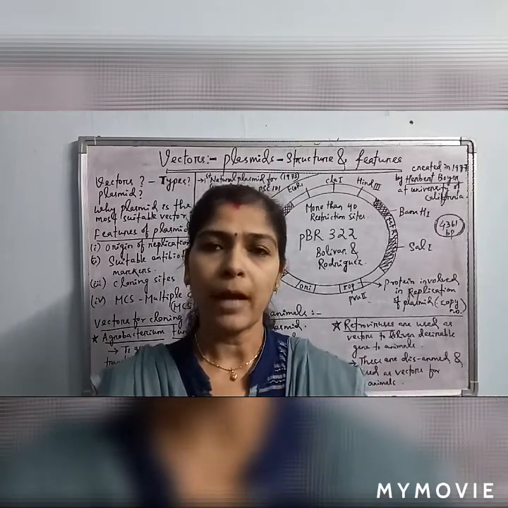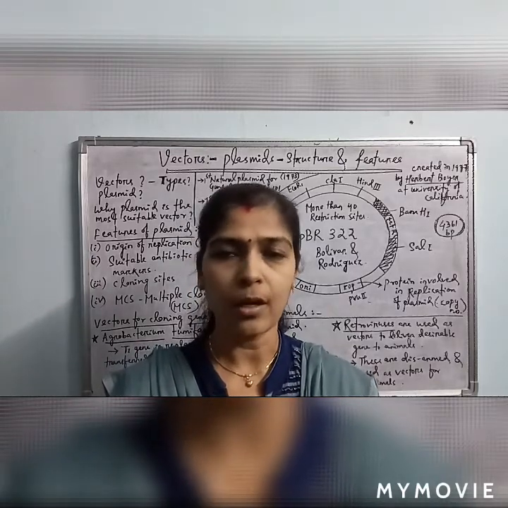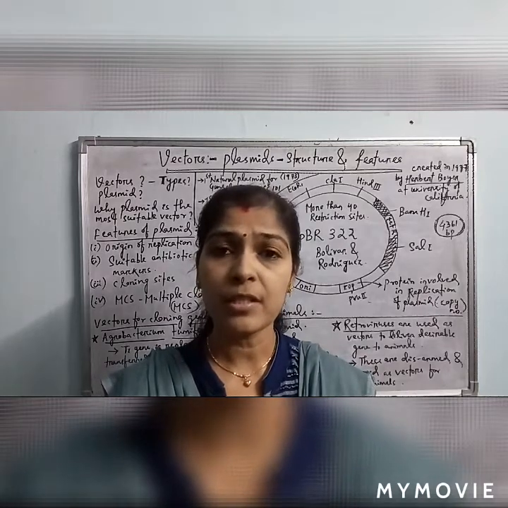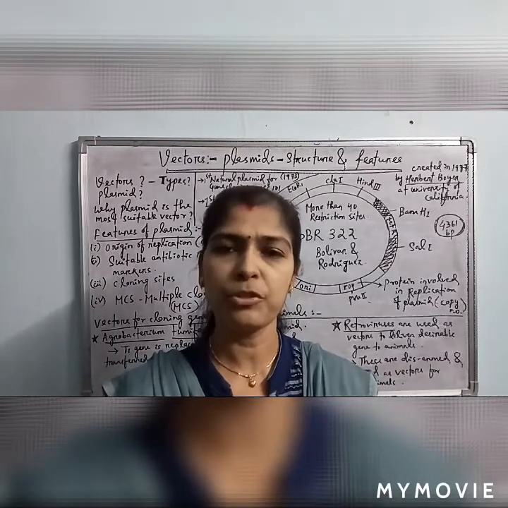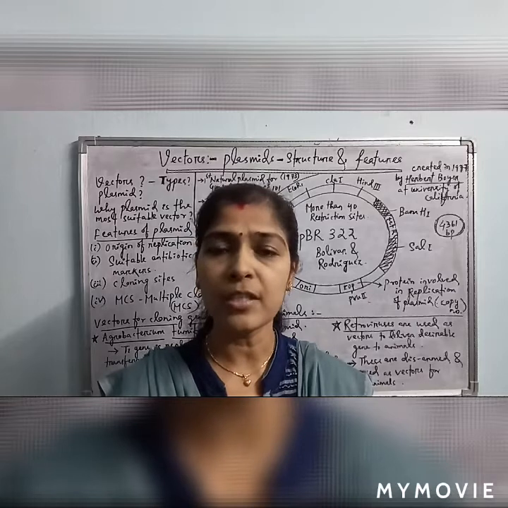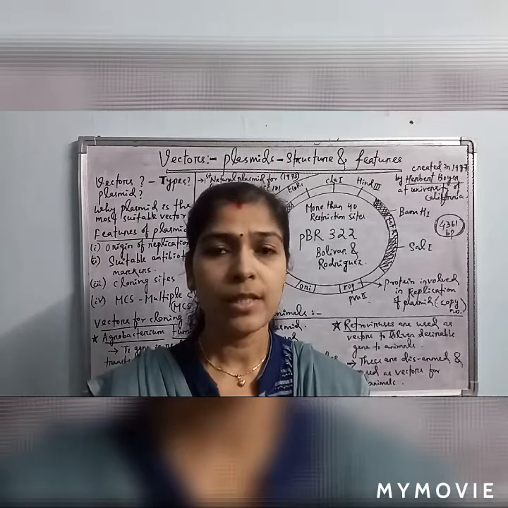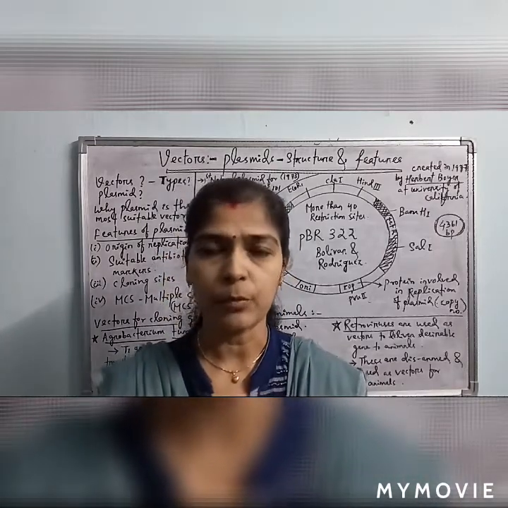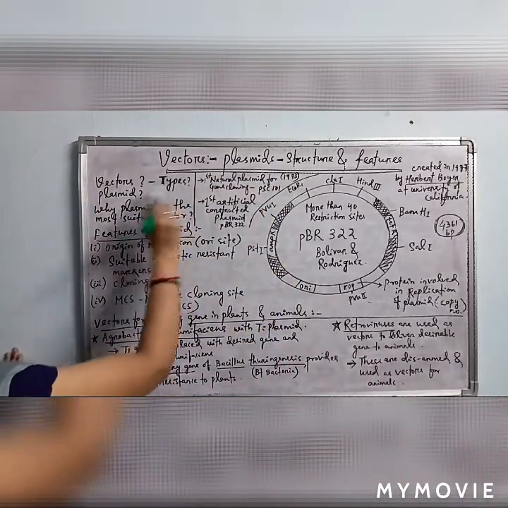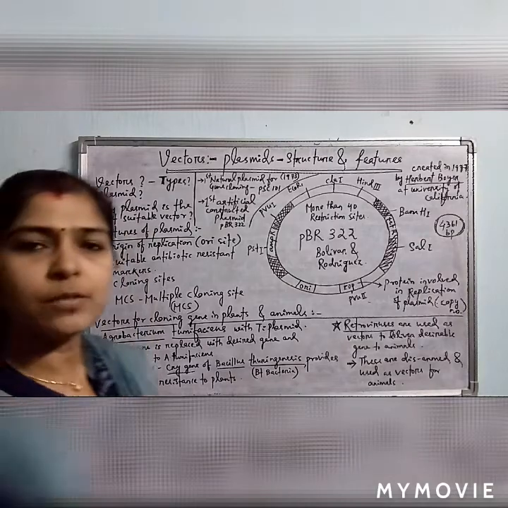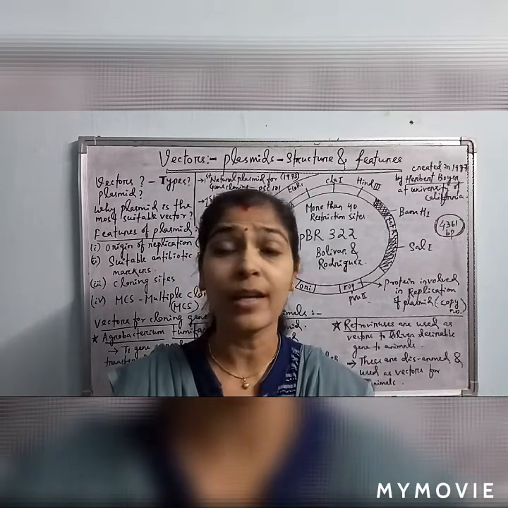Out of all these types of vectors, plasmids are mostly suitable for gene cloning or RNA technology, because some important features of plasmids are very beneficial, and they are also very user friendly. What are the features of the plasmid that make it the best vector to be utilized in RNA technology or gene cloning? The first point: what exactly are plasmids? Vectors and their types we have discussed. Then, what are plasmids, where are they found, what is their role, and how are they extracted?